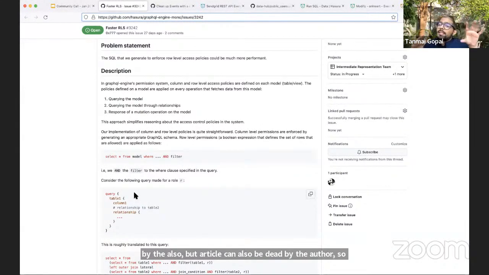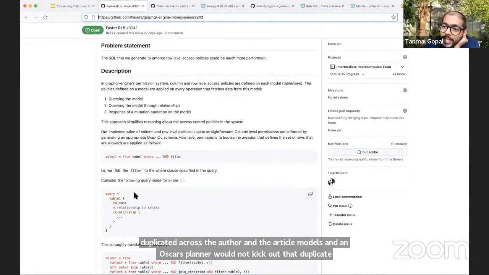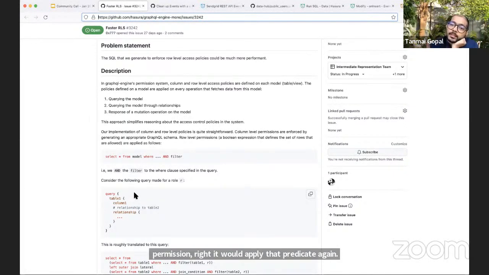So what would happen is that the permission rule would be duplicated across the author and the article models, and the Postgres planner would not kick out that duplicate permission rule, right? It would apply that predicate again, right? So the work that we've been doing is in removing those duplicate predicates, right? So that the query that's generated is a lot more efficient.